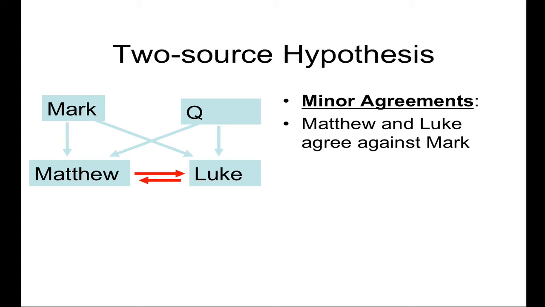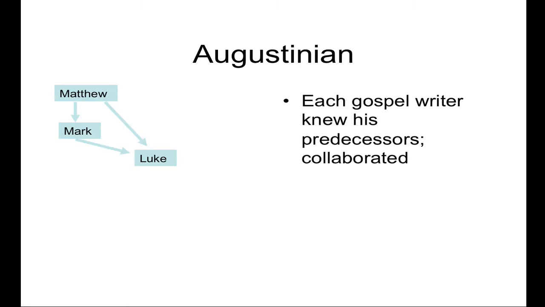Q is common sayings material. Well, if Matthew or Luke has used the other, there's no need for Q. And so the title of a famous article is called On Dispensing with Q, because Luke could have gotten all those sayings from the Gospel of Matthew. Diagrams then could look like the Augustinian model. That is, Bishop of Hippo Augustine addressed this problem and said, aha, Mark used Matthew, and Luke used both. No need for Q.